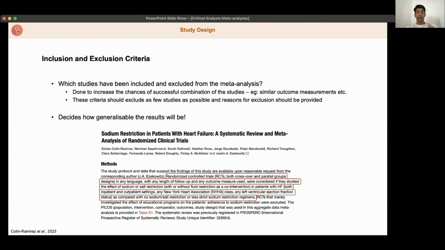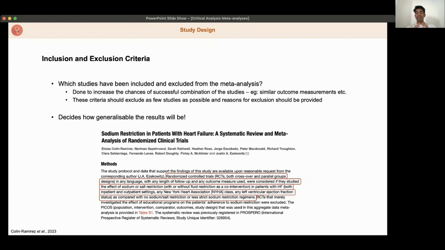So if you're looking at your meta-analysis and you notice they've excluded this study, this study, this study, they've excluded this group of people and any studies that included those groups of people, the more studies you exclude, the less useful your meta-analysis becomes. The whole point of it is to combine many randomized control trials looking at a similar outcome and a similar intervention to form a more generalizable result. So the more studies you exclude, the less generalizable your result becomes.